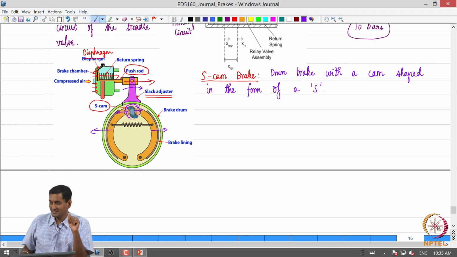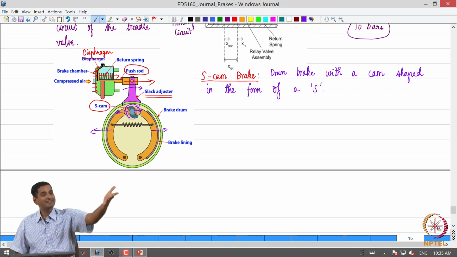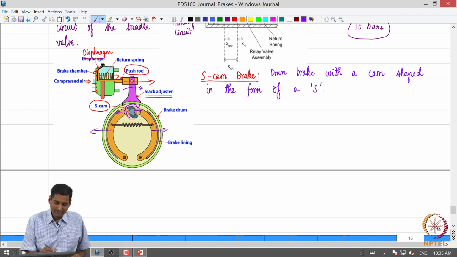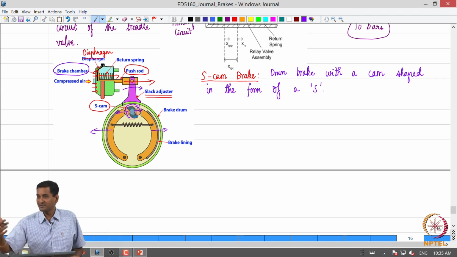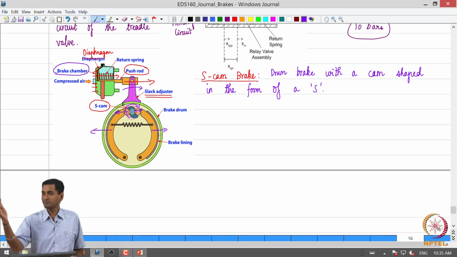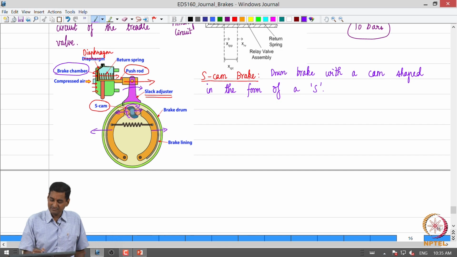So, for that we use this mechanism. What we do is that we use a combination of larger actuator area and lever arm action to help us. So, we put a larger actuator outside the drum brake unit in the form of this brake chamber. So, now I hope it is clear why we need a brake chamber outside the drum brake unit, right. That is reasonably large, so that is going to generate some force, and then we have this slack adjuster that is going to provide a magnification, and then the torque on the slack adjuster shaft is going to be converted to an actuation force by this S-cam radius, right.